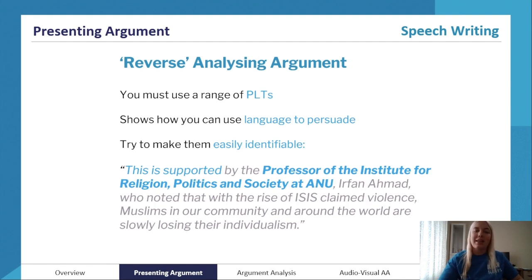And we can see that highlighted there. This is supported by. Same when you use a statistic. You can say something like research from institution suggests that